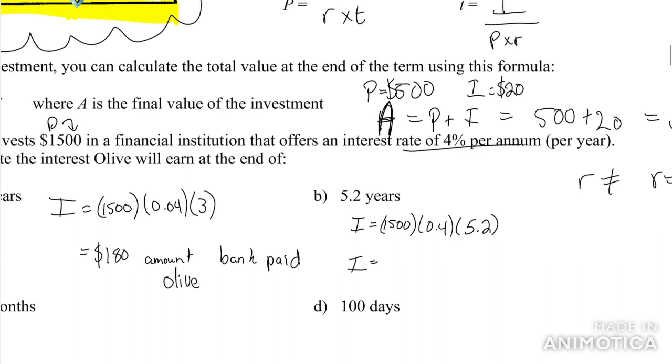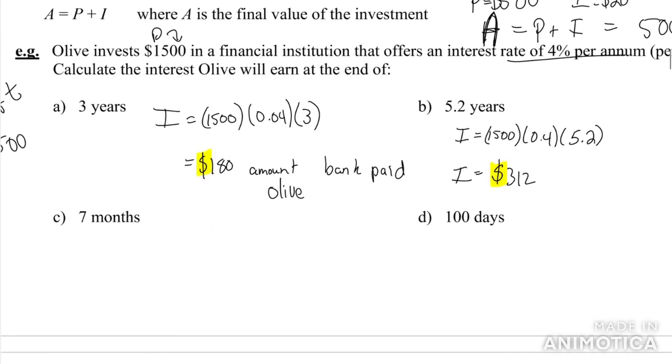Calculating this through, plugging it into my calculator, I get $312. And because we're dealing with money, it's always a good idea to have this dollar sign so you know what you're talking about. At least if you're talking about the interest or the principal. If you're talking about time, you want to mention years. If you're talking about rate, you could change it into a percent.